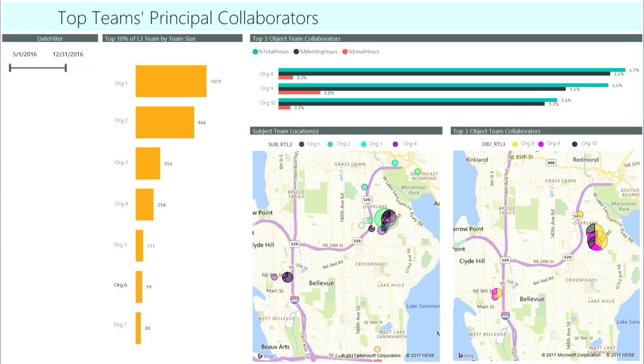And so this is the current state of where people are. And then this map on the right is the top groups they collaborate with and where they sit. And then on the top, you can see the breakout of those groups, what percent of time they spend with those groups, and then the breakout of email and meetings. And so this gives a pretty powerful set of data that they can quickly